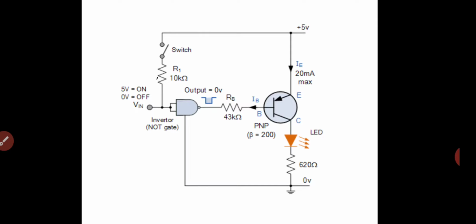When the input is raised to 5 volt, the BJT is switched on and the LED glows. So here it is a switch. It depends upon the input supply. When the input is high, the LED glows; when the input is low, in the off condition, the LED does not glow. So we can say that a BJT works as a switch.